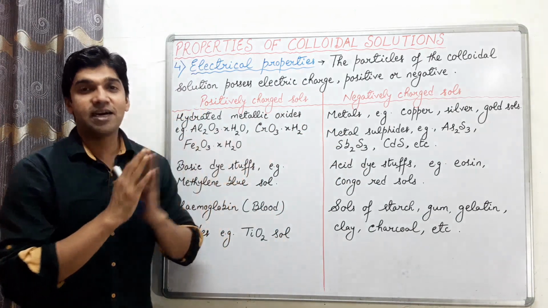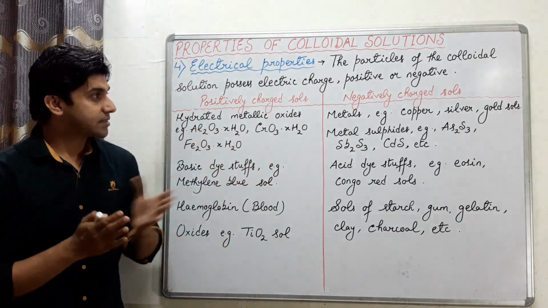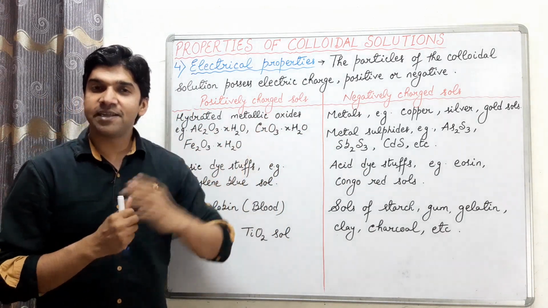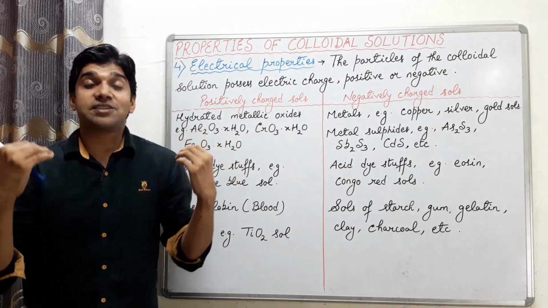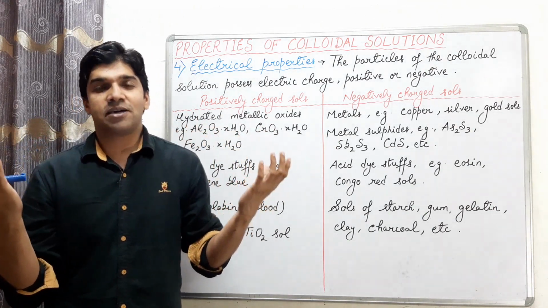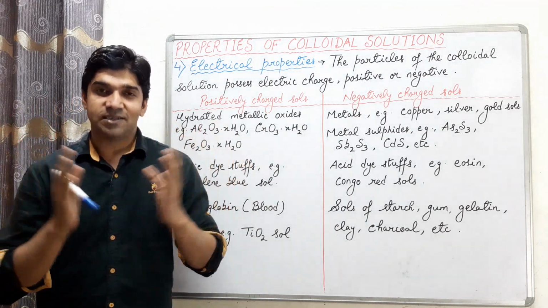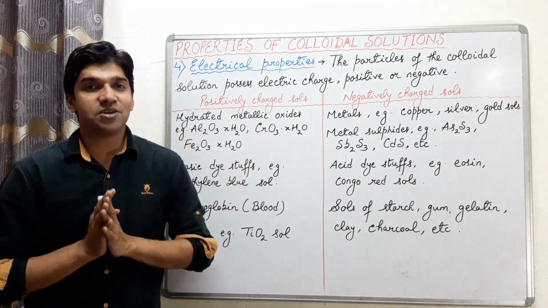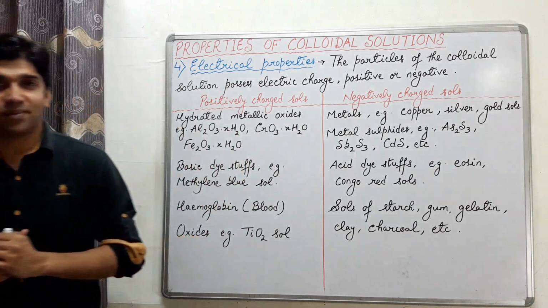और आपको ये याद करने पड़ेंगे, थोड़ा मगअप करना पड़ेगा. So these are some of the examples of positively and negatively charged salts. Now let's see how the charge arises on the particles, that means the origin of charge. So let's start with the origin of charge on the colloidal particles now.